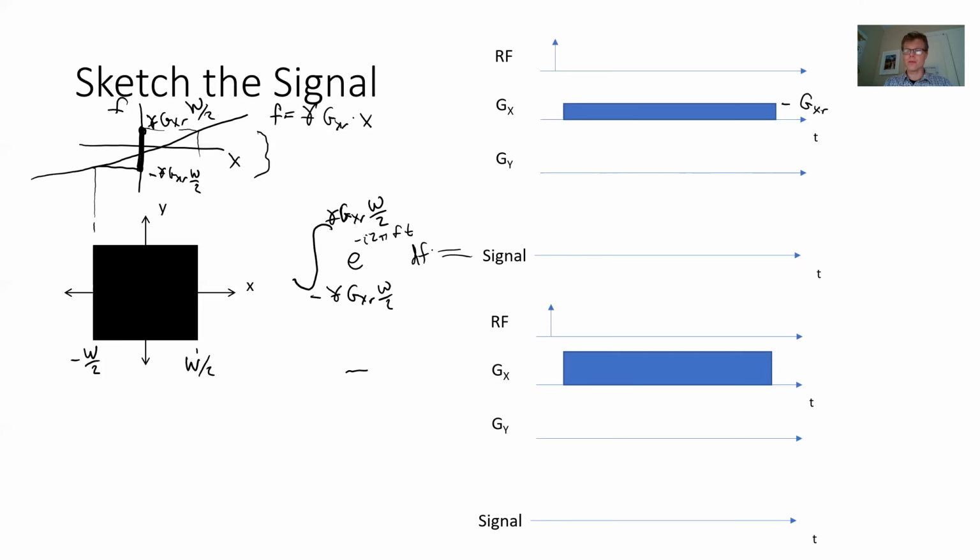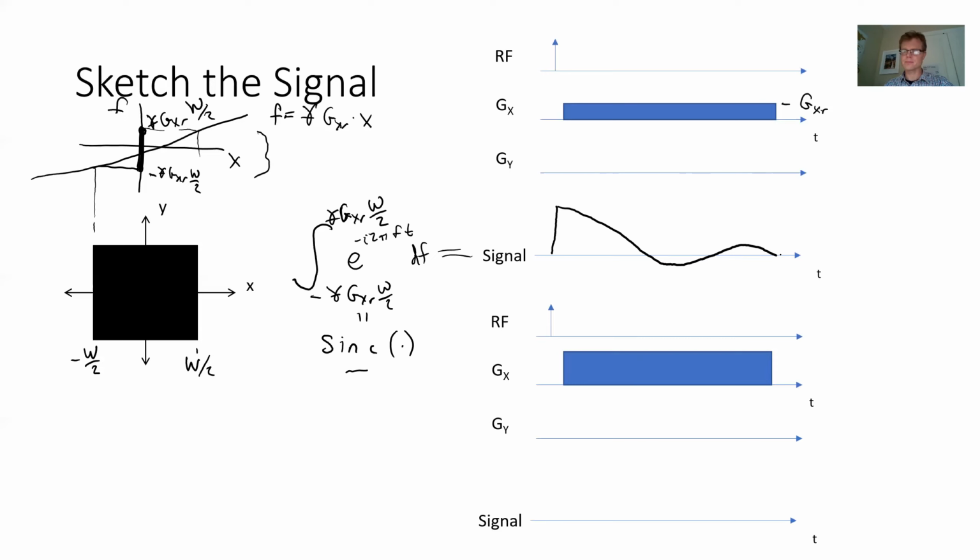And what we learned from our RF pulses is that this expression is going to give us a sinc shape. This is in fact where the sinc function comes from. It comes from adding together over a limited range of frequencies. So we'll create some excitation, and then we would get here a pattern like this sinc